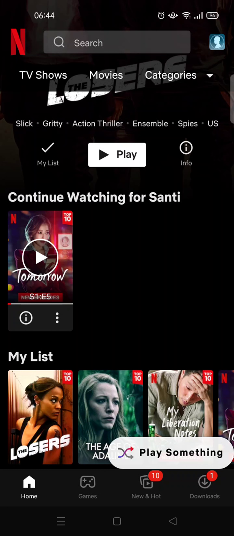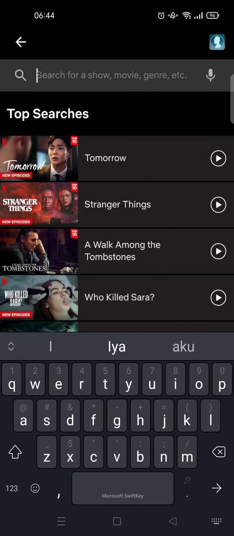I've already opened my Netflix on my phone, and to search the movies, just go to the search column at the top, click on this, and then you can search. For example, I want to search by the name of the title itself. For example, Money Heist,